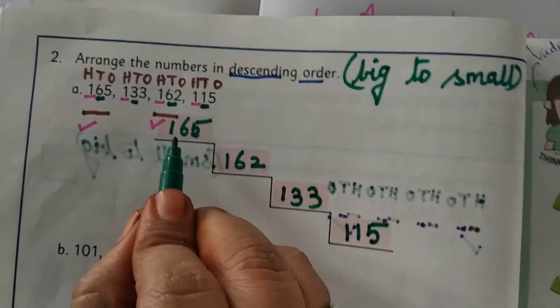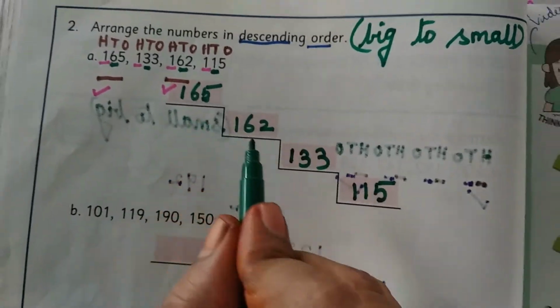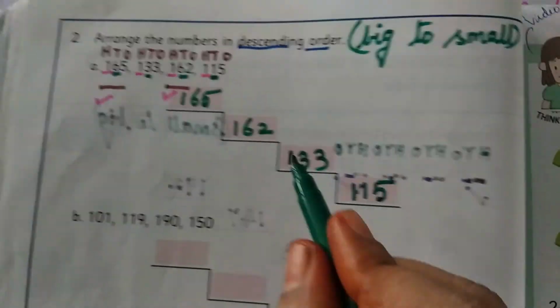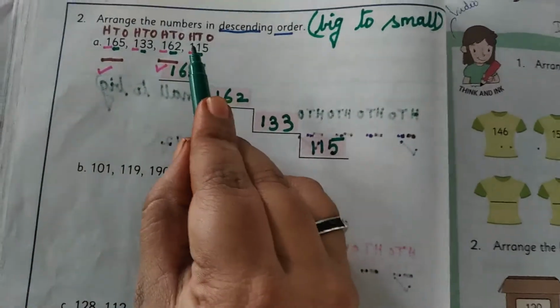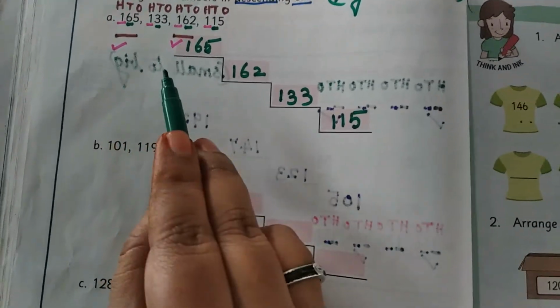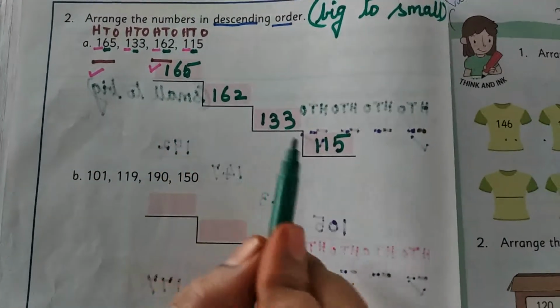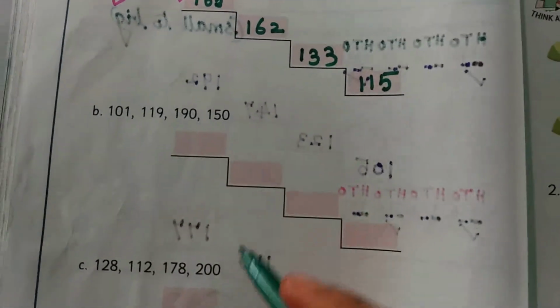So we have written the numbers from big to small, from the largest number to the smallest number. This we call a descending order. Okay children, see the remaining 2 sums are there. First you write the ones, tens, hundreds, and then you compare from the hundreds place, tens place and ones place to write the numbers. Sit along with your parents and do these 2 sums.